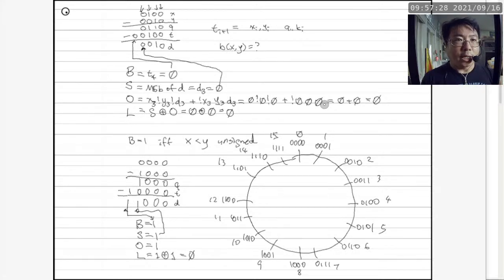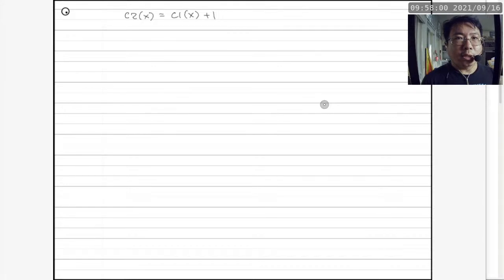Well, I think some of you probably remember that we have such a concept called 2's complement, which is the negation of something, right? That's something that we talked about in the previous class. So let's take a look at 2's complement. No, that is not bitwise negation. So 2's complement of a particular bit pattern is defined to be 1's complement of the same bit pattern plus 1. That is something that we talked about in the previous class.